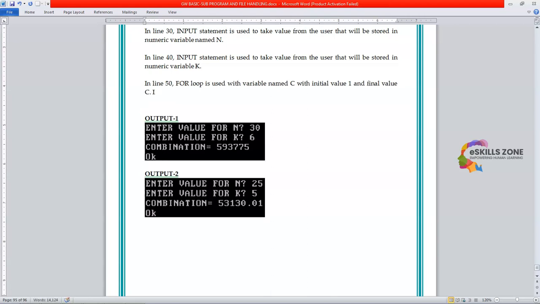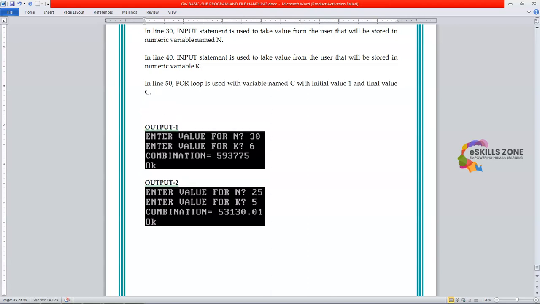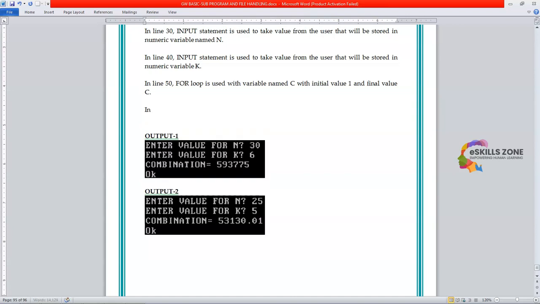And in line 60, the body of the above for loop,